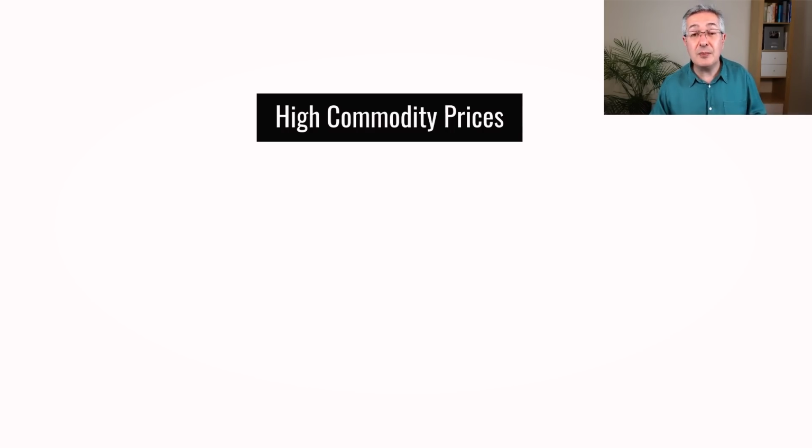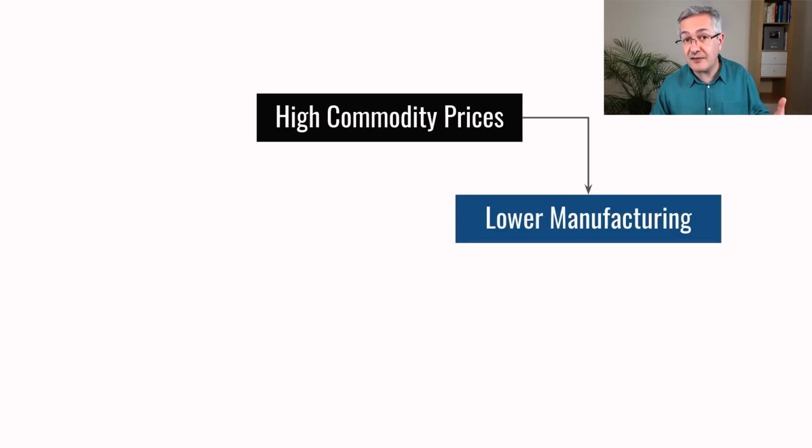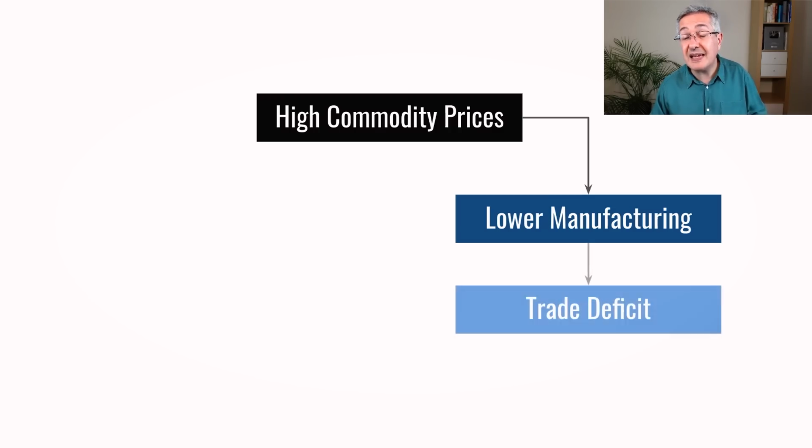But then if manufacturing becomes prohibitively expensive, and we've seen Russia threaten to turn off gas supplies to Germany, for example, then it might actually reduce the amount of manufacturing. So on the one hand, the country is having to pay more to import energy, so the cost of its imports have gone up, and at the same time, it's manufacturing less, so it's exporting less. So its trade balance, which is the difference between the two, is going into negative territory. So what we'd expect to see is a trade deficit. And we've already seen that for Germany for the first time in many years.